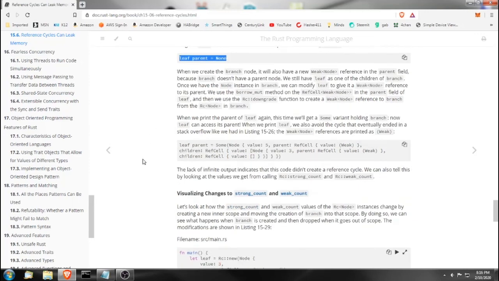When we create the branch node, it will also have a new weak node reference in the parent field. Because the branch doesn't have a parent node, we still have leaf as one of the children of branch. Once we have the node instance in branch, we can modify leaf to give it a weak node reference to